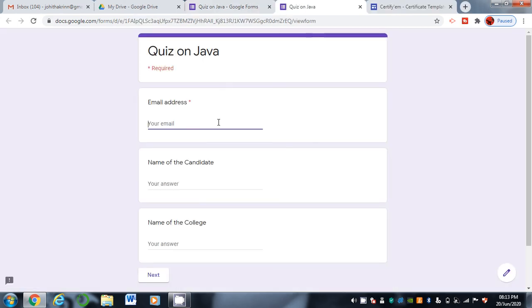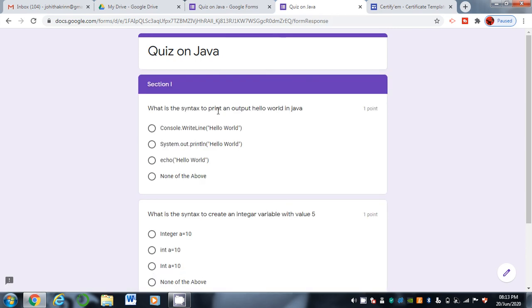This is the preview. So my email address is johitakrin@gmail.com. So Teneti Johit Pranav, name of the college IIT Kharagpur. Next. So what is the syntax to print an output?